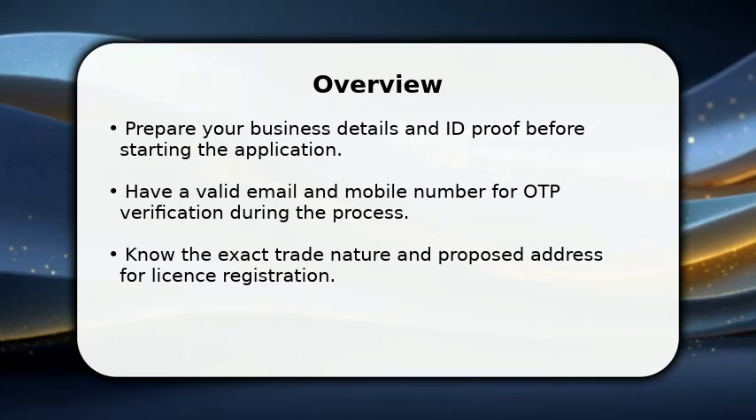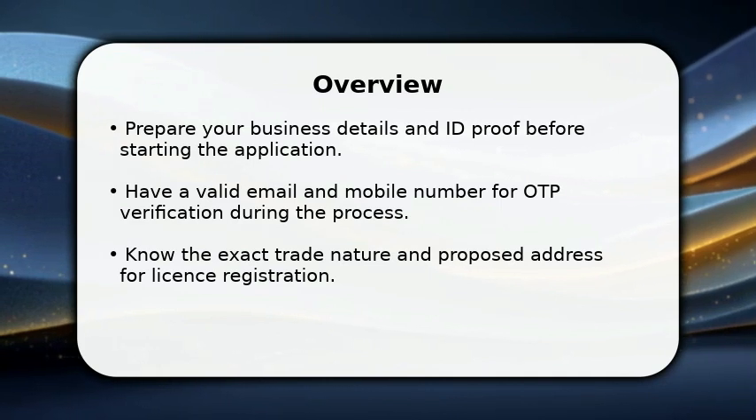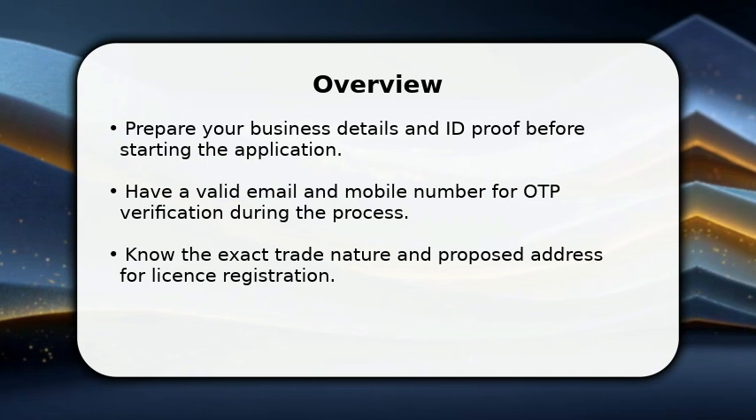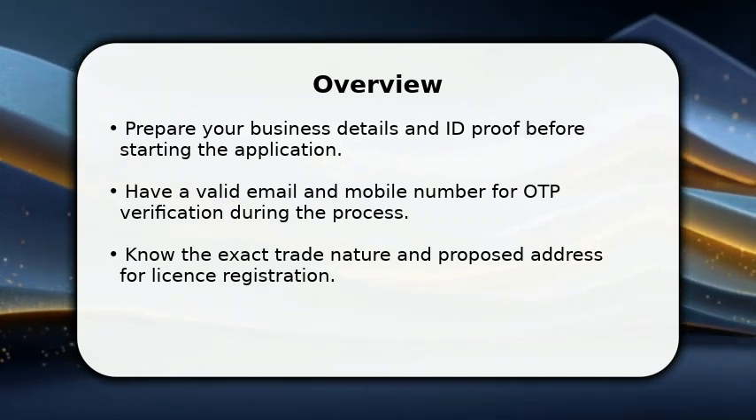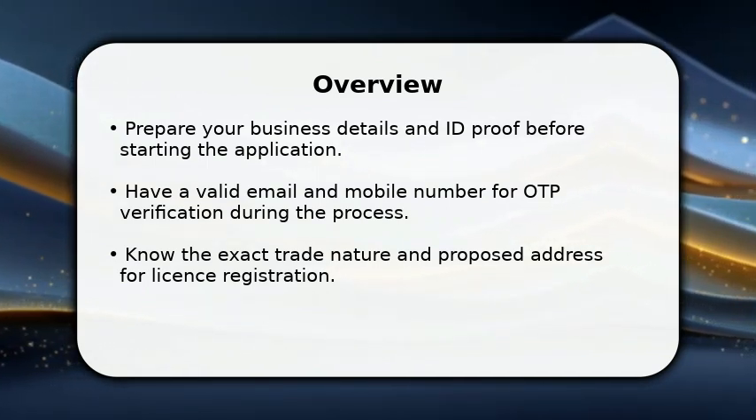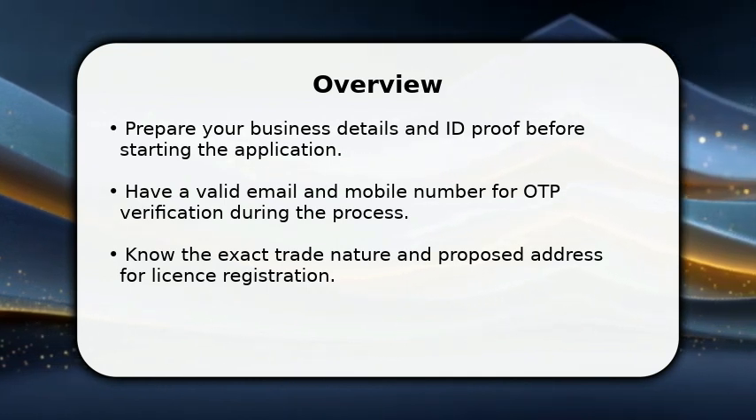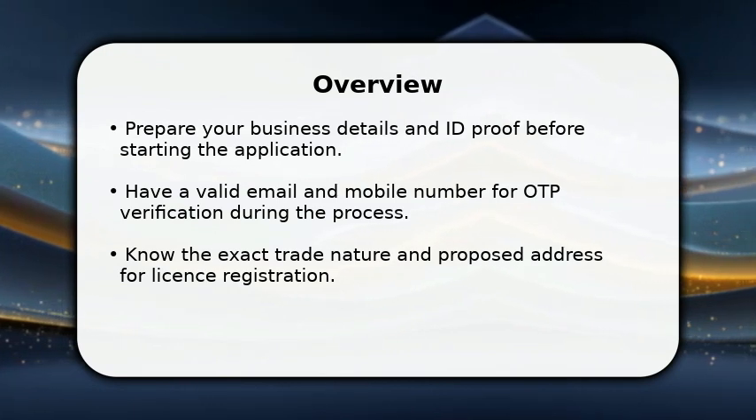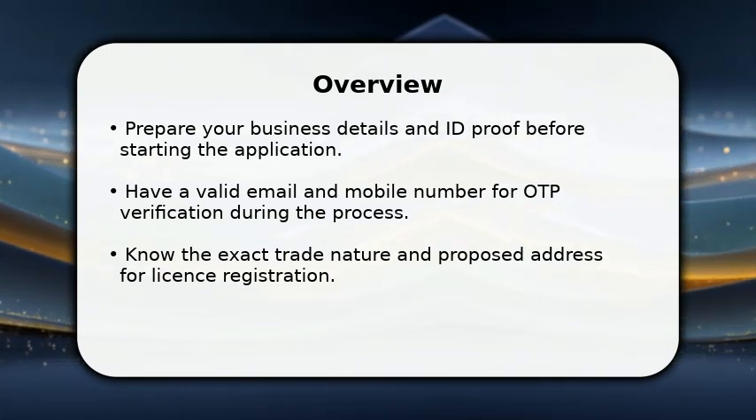In this video, I will explain how to apply for trade license online in Assam step by step. First, create an account on the Assam Municipal Portal and verify your email and mobile with OTPs. Next, select the trade license application, choose the correct trade category, and enter your business name, address, and owner details